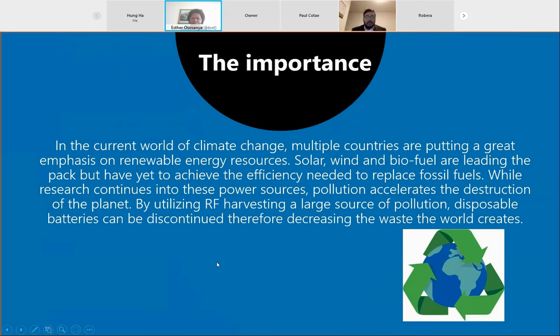The importance of this project. In the current world of climate change, multiple countries are putting a great emphasis on renewable energy sources. Solar, wind, and biofuel are the leading of the pack, but yet to achieve the efficiency needed to replace fossil fuels. While research continues into these power sources, pollution accelerates and destroys the planet. Utilizing RF harvesting at large